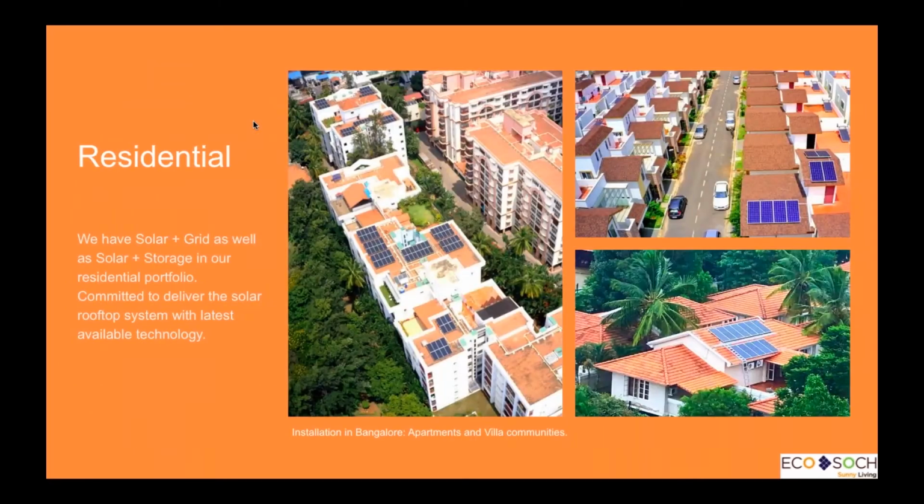The other one is these are the projects. What you see are projects in Bangalore, and you can see the complicated roofs. This is one of the apartment complexes. Right next to it is a villa community in Bangalore, and the third one is another villa community in Bangalore, where you can see the different orientations of the roof and the tree structures. If you look at the apartments, you will find the staircase rooms casting shadows on the panels. The water tanks are another thing which casts a lot of shadows as well.